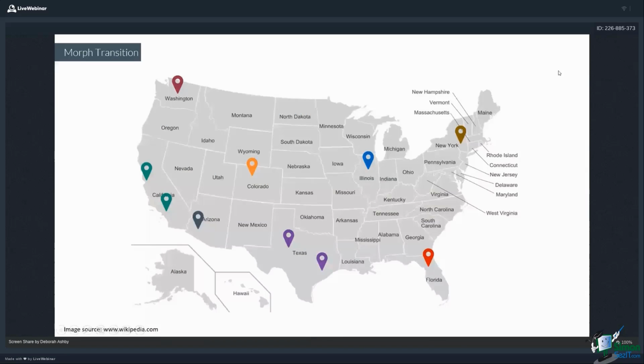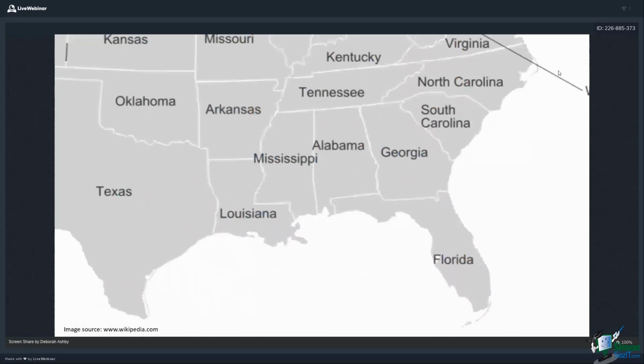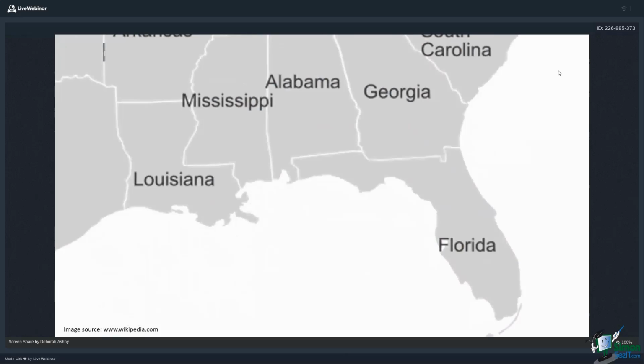And you can see that I have a map. So maybe this is a map showing all of the office locations and where they are. And when I move on to the next slide, look what happens. It zooms into Florida. So maybe if in my presentation I'm talking about all of the offices, giving a general overview, then I want to focus on Florida, I can have that zoom in effect, which is just really, really nice and slick. So let me show you how I created this.